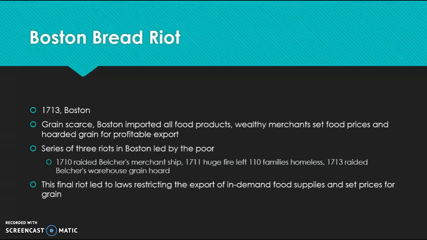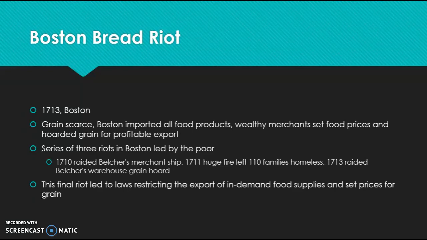There's actually a series of 3 riots between 1710 and 1713, those 3 years. So what was happening in Boston was that food was really scarce, and we definitely read about this in the Zen chapter, or again, you will read about it. So grain is one of those foods that's really scarce. Boston is in New England, as you know, and so that's not an area where they're growing a ton of crops. It's not the right environment. So most foods from Boston are being shipped in from some of the southern areas.